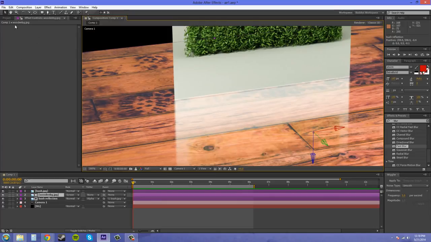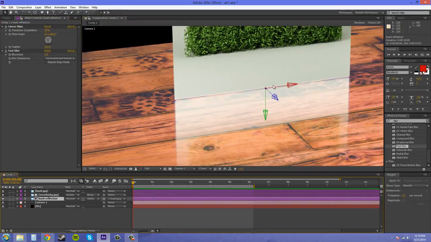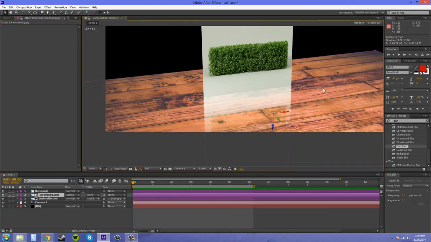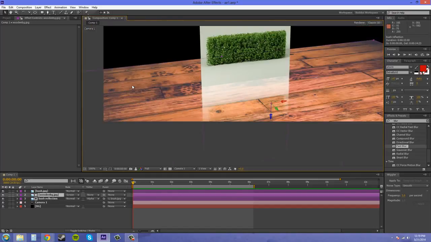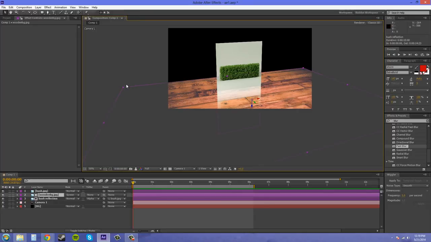So I think my problem here is probably my blur is going the wrong way. So maybe just change this to horizontal. And now it looks a little more correct. It's blurred on the sides, but it's not all messed up here at the edge where it should be reflecting. So we've got our reflection going on here,